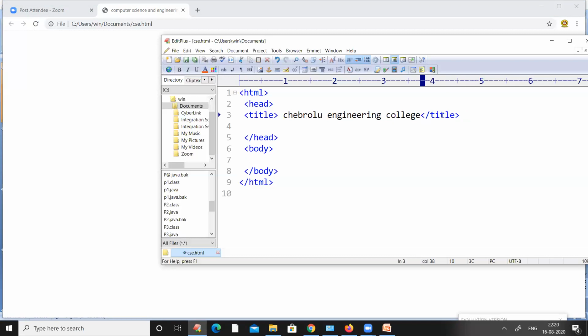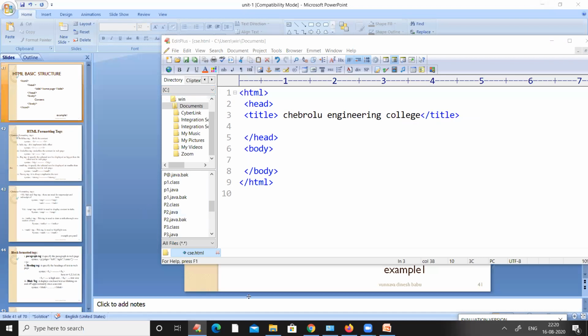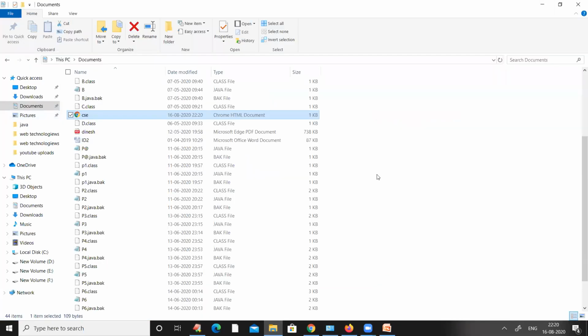I have saved this program. I'm saving the updates, and then I am closing this one. We already saw that this particular program was saved in documents. Here it is, documents, csc.html. Again, I am double clicking to open it again.